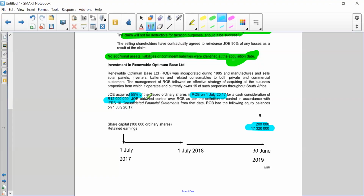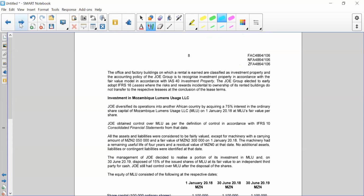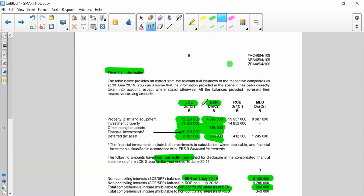Okay, so obviously, guys, again, we know that this is a situation of control because the question has told us that we've obtained control. So from a consolidation point of view, we know it is 100% H, 100% S. So before we even carry on with this information, we go consolidate all Rob's figures. So PPE, 19,657, and investment property, 14,853. So if we go check the solution,